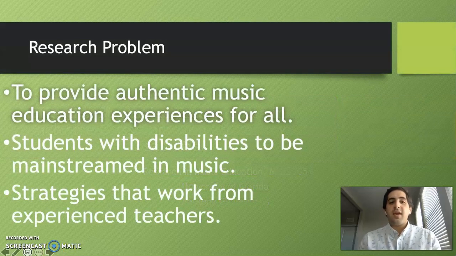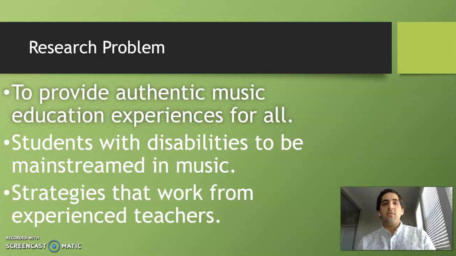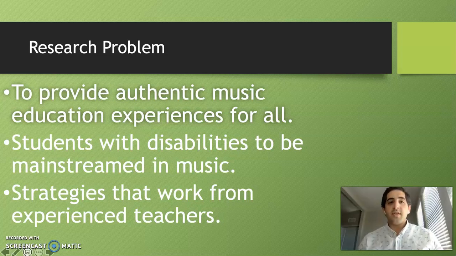There is a need to provide authentic music education experiences for all students, including students with disabilities. Students with disabilities are sometimes expected to be included in the music classroom with same-aged general education peers. This would mean that all students with disabilities should have similar music instruction with a regular music teacher at their home school. For this music experience to be successful, strategies that work need to be shared from experienced music teachers to other music educators to help create an inclusive environment where all students, including students with disabilities, can grow their